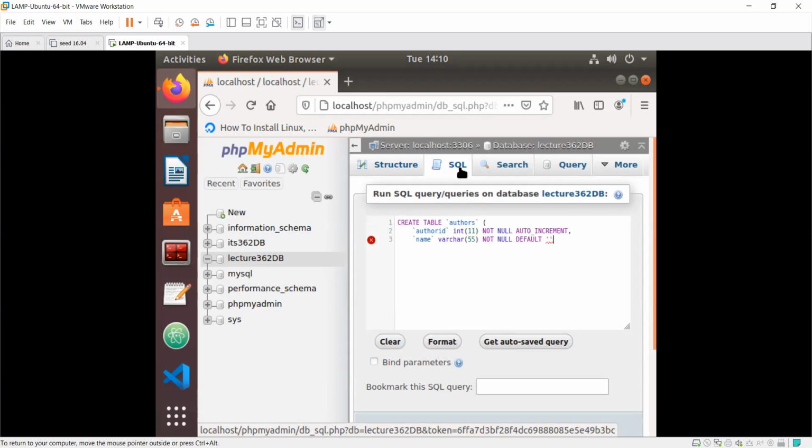Single quote there, two single quotes, and then basically let's define a primary key, and we're just going to say author ID, tilde. Okay, no comma here. And then close parentheses, and let's just say